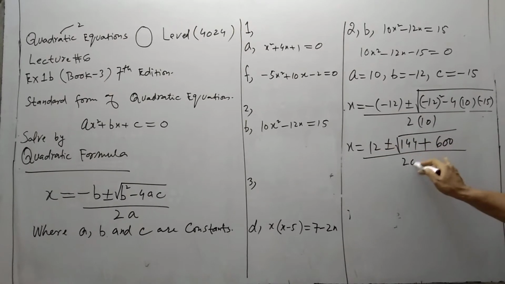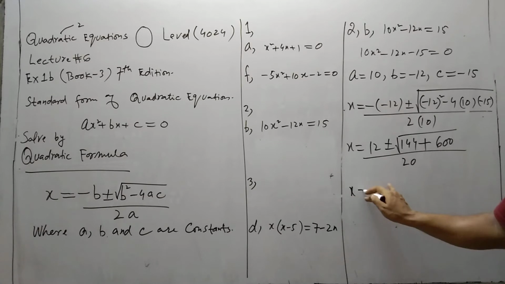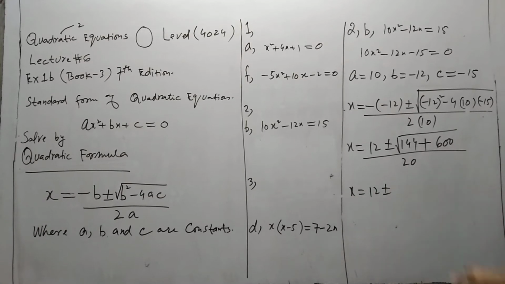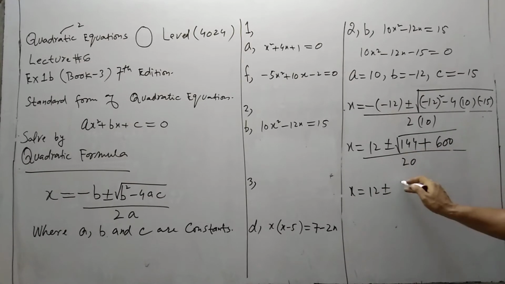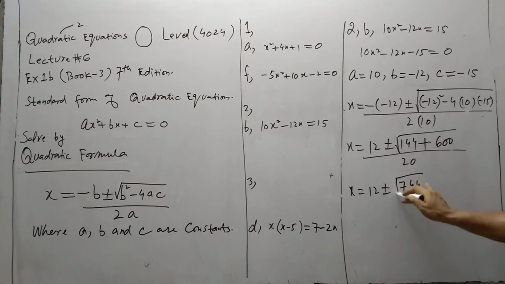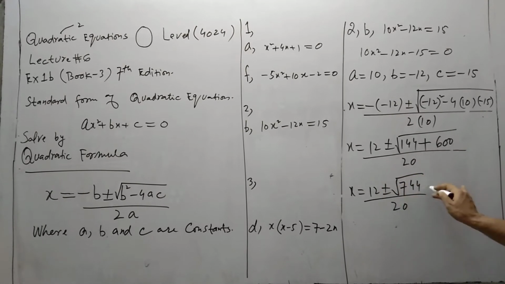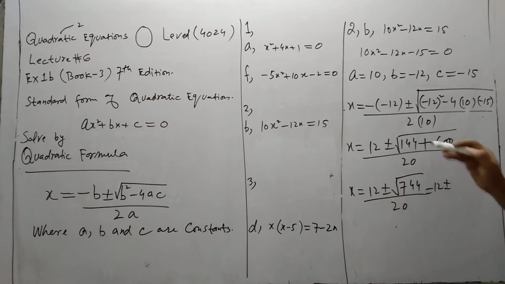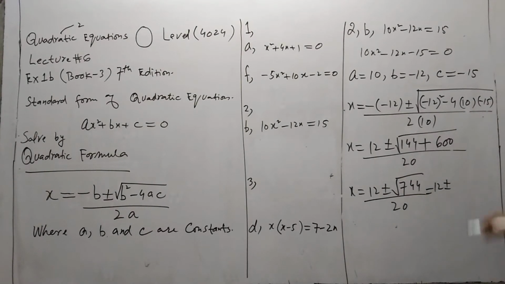2 tens are 20. x is equal to 12 minus... 600 plus 144 is what? 744. Upon 20, 12 plus minus the square root of 744, which we find with the help of a calculator, is